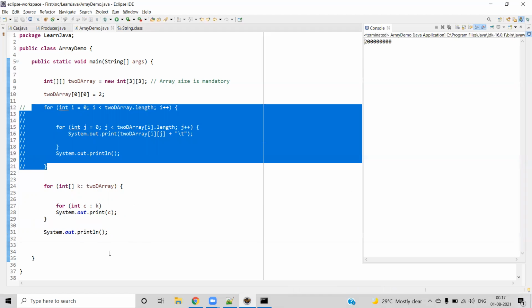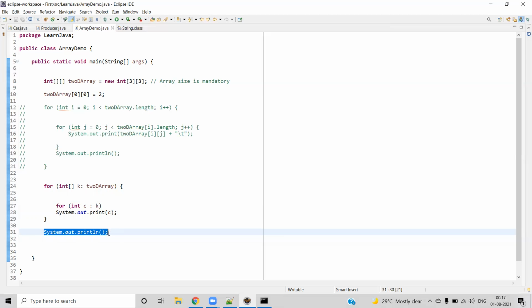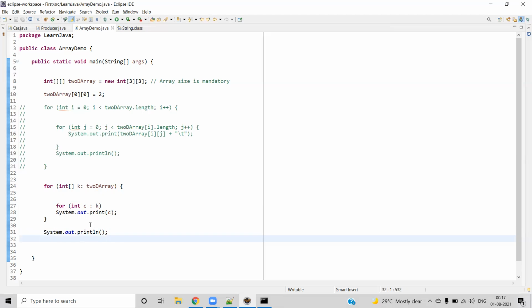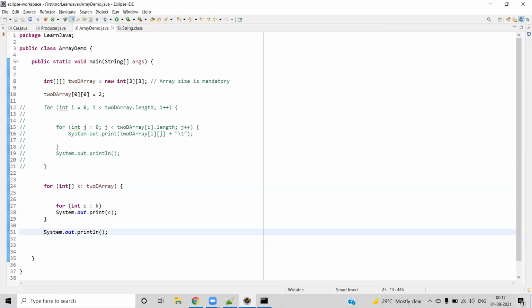So we are seeing everything in the same line. Why? Because now we are not coming out of the loop. Once you complete, it is directly printing in a single line. So what might be the reason? Okay, so that might be the reason. If in the for loop you have a single statement, the braces are not required. So I have not put the braces for the inner loop.